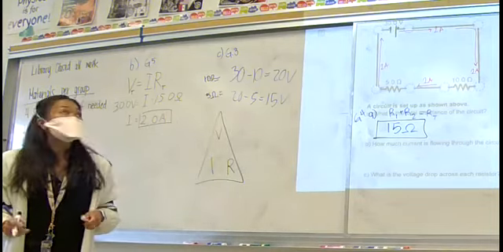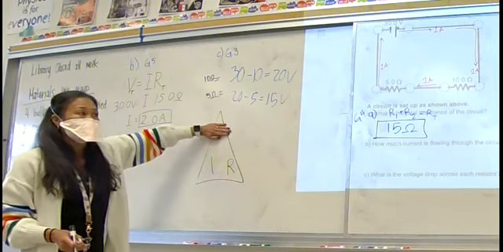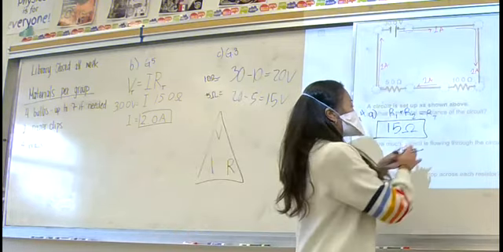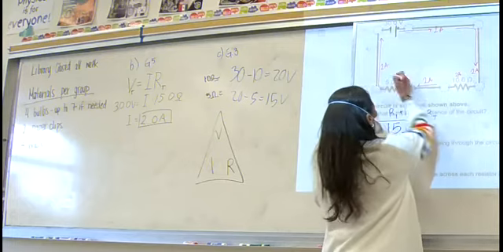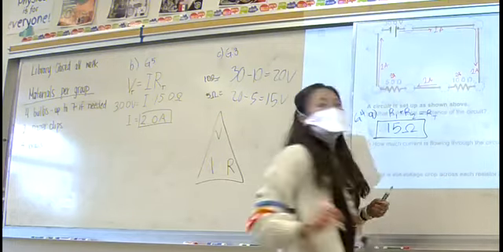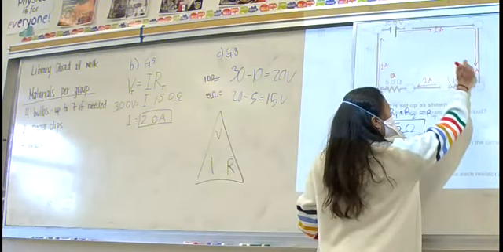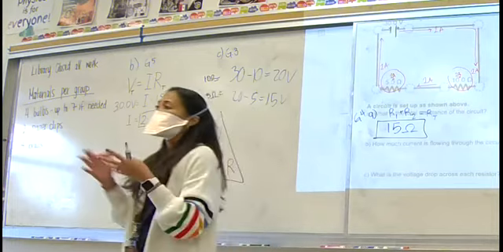If we're solving for the voltage, it's current times resistance. We already established that the current is 2 amps all the way across. So it's 2 amps through here, it's 2 amps through here, and all I have to do is multiply these two together to get the voltage drop through each